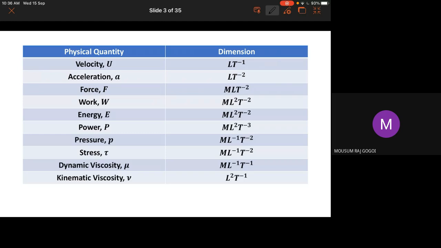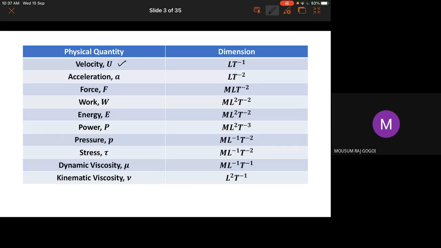So if you see the different physical quantities, mostly in fluid mechanics, we'll deal with the velocity term, where the unit is meter per second. So the dimension will be L^1 T^-1. Wherever there is a 1, I am skipping that, not writing the 1, to make it easier to read. The acceleration is L T^-2, you know that, and the force, work and energy have the same dimension. Similarly, the pressure and stress have the same dimension, and dynamic viscosity,